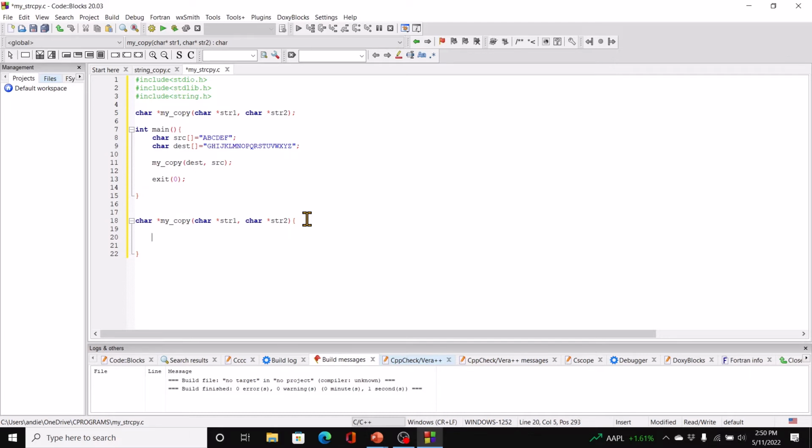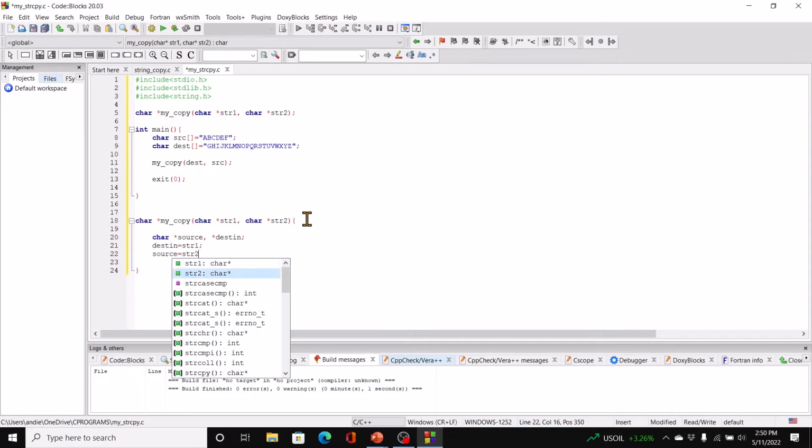So we could say here char star, let's call that source, and star destination. Okay, and then initialize destination to str1 and source to str2,